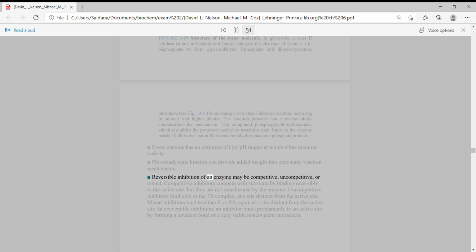Reversible inhibition of an enzyme may be competitive, uncompetitive, or mixed. Competitive inhibitors compete with substrate by binding reversibly to the active site, but they are not transformed by the enzyme. Uncompetitive inhibitors bind only to the ES complex, at a site distinct from the active site. Mixed inhibitors bind to either E or ES, again at a site distinct from the active site. In irreversible inhibition, an inhibitor binds permanently to an active site by forming a covalent bond or a very stable non-covalent interaction. 6.4